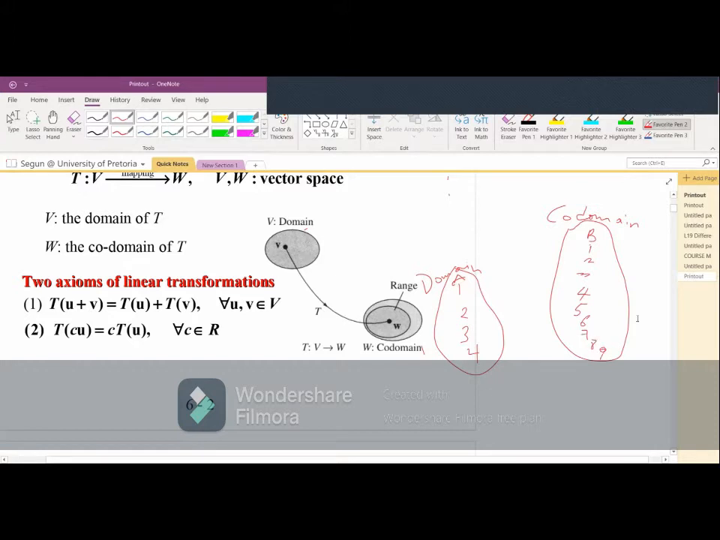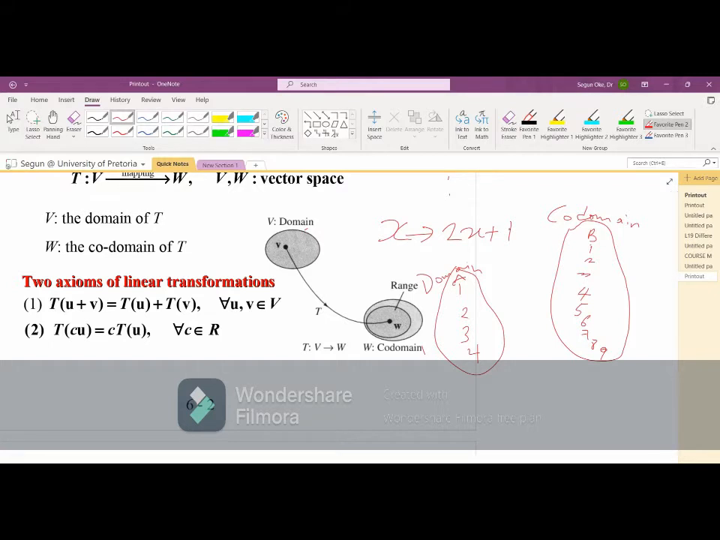Okay, we have 1 to 9 here. And the question says, let X map to 2x plus 1. Let's say my x in A maps to 2x plus 1, meaning that